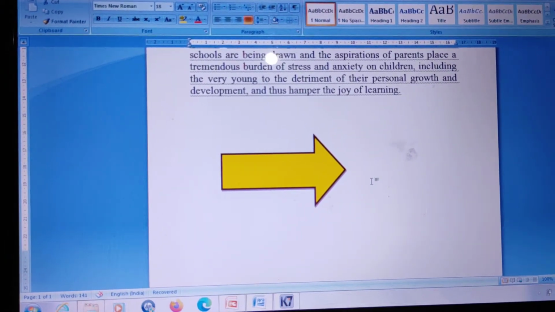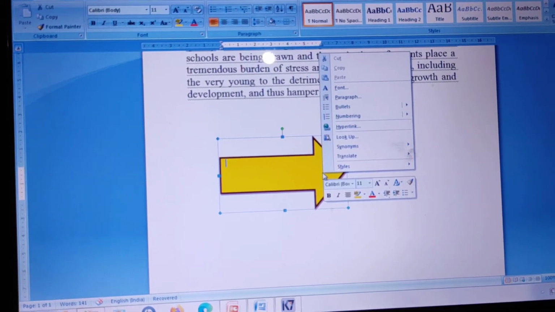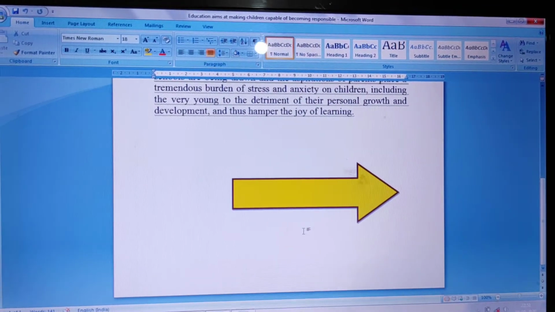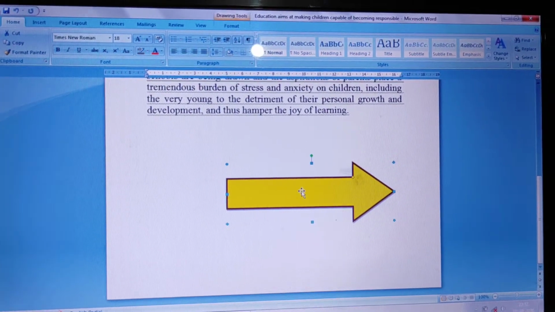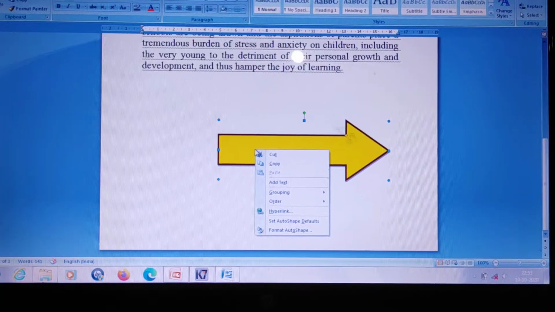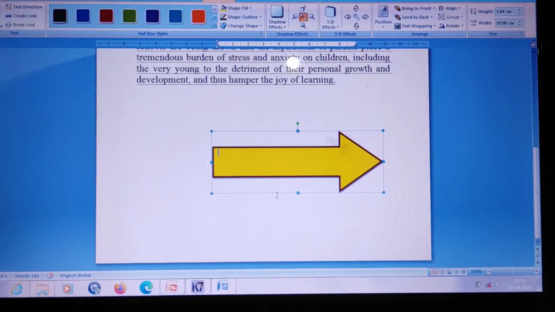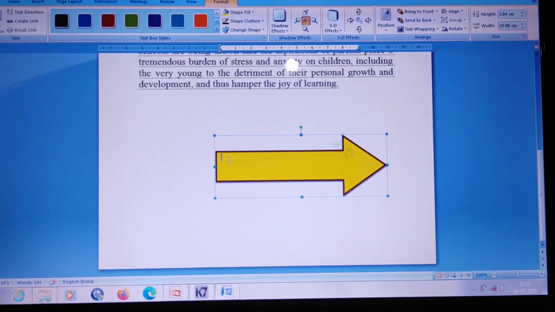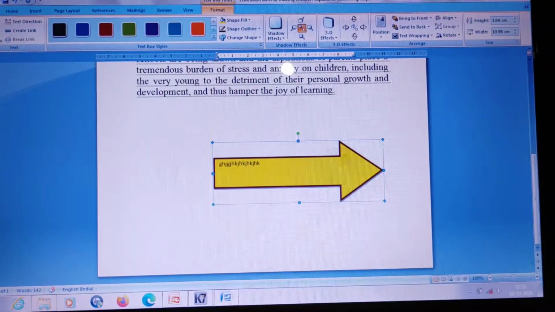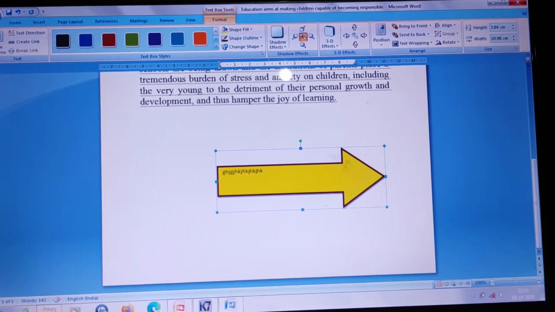Now the steps are: right click on the shape, that means press the right mouse button, in which you will select. Now I again repeat the step. First you have to select the shape, after that right click on it. Then this context menu will appear, in which you will select add text. After that you can see one insertion point inside the shape. After that you can type anything, whatever you want to type in a particular shape. So these are the simple steps to placing text in shape.